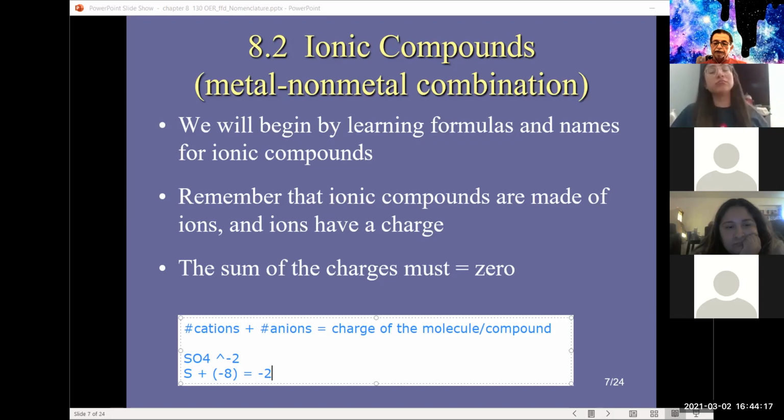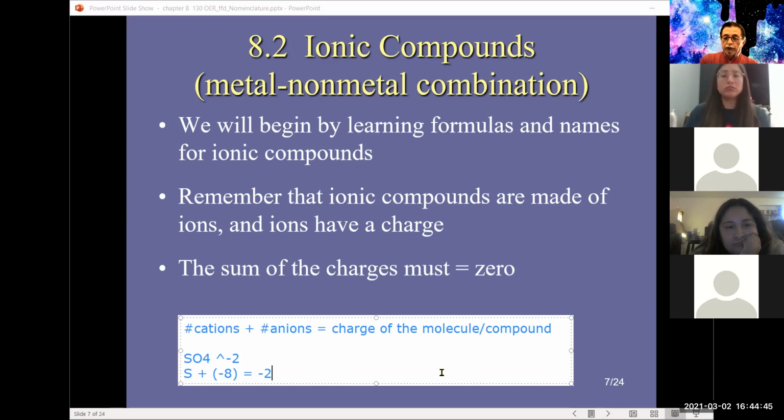So the point of this general equation I gave you is that you can use it for a multiple of different conditions, not only for a compound that has a neutral 0 overall charge, okay? So number of cations plus number of anions equals the overall charge of the compound or molecule. So in this case here,